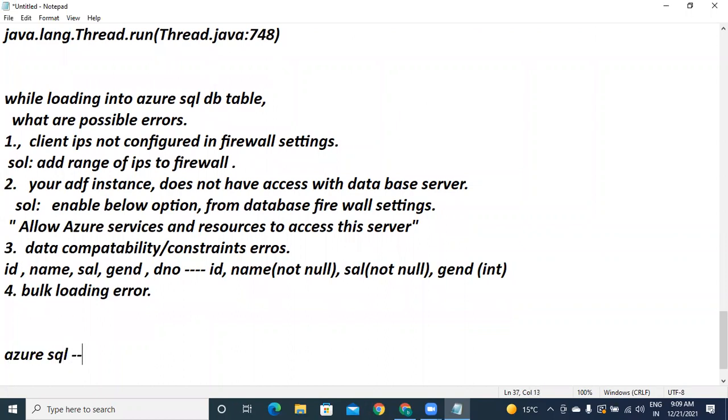Is Azure SQL OLTP or a warehouse? It is OLTP. Actually, as an ETL developer, we need to take data from the OLTP systems and dump it into the warehouse, right? But in this example, why have I done it from our data lake storage to SQL? Why did I keep the target as SQL?